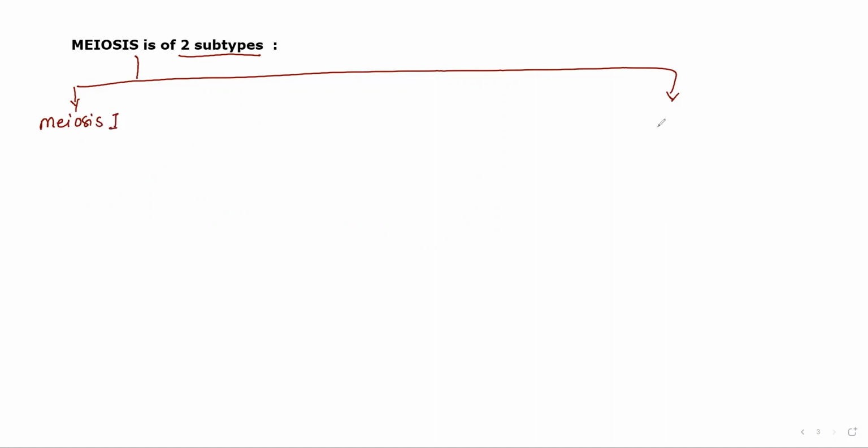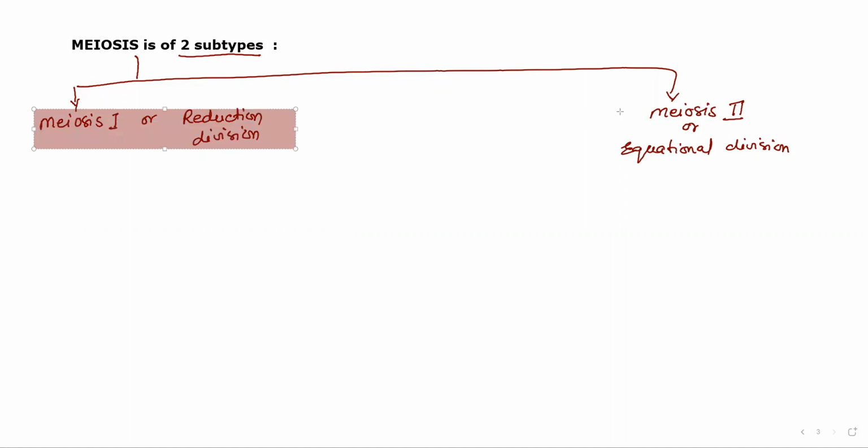Here is meiosis 1, or reduction division, and here is meiosis 2, or equational division. Both of these divisions, meiosis 1, reduction division, and meiosis 2, equational division,